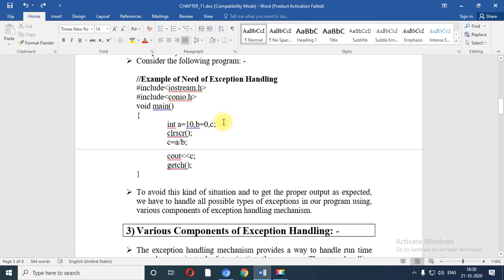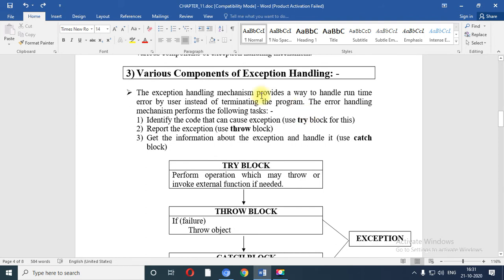So the program is terminated unexpectedly, and in such a case the user doesn't know for what reason this particular program is terminated. For that we have various components using which we can handle certain exceptions which are raised when we run the program.